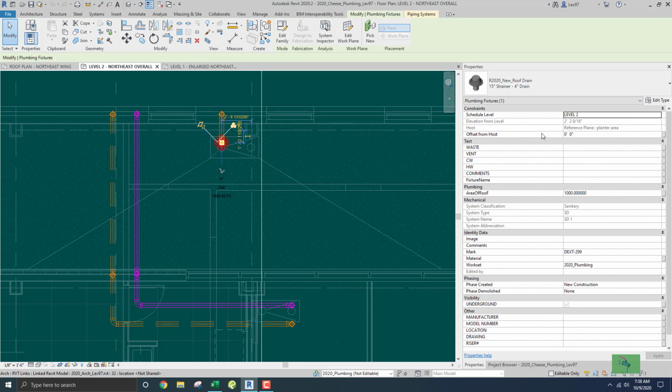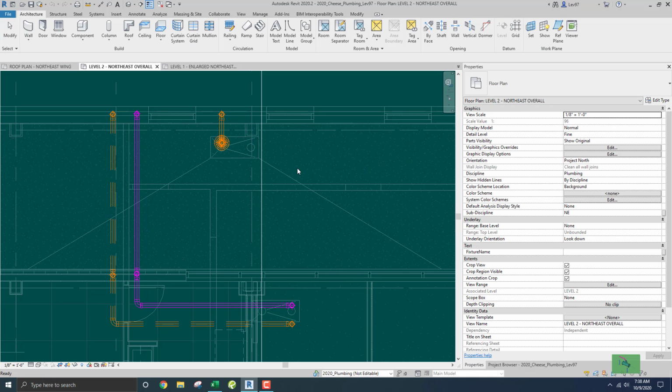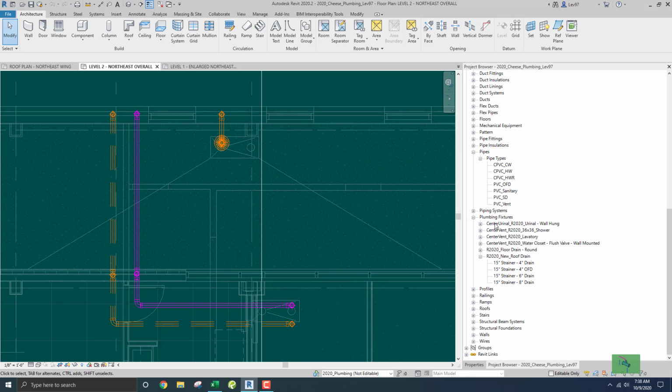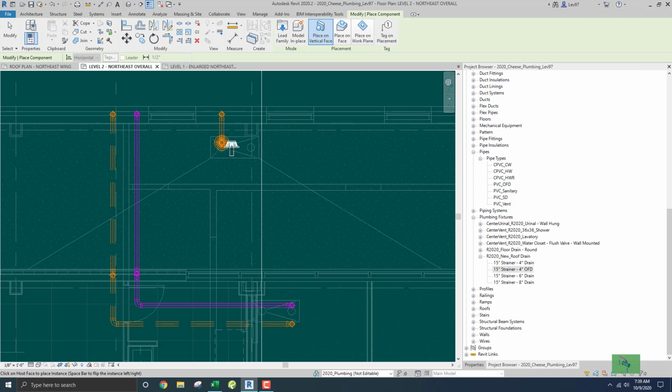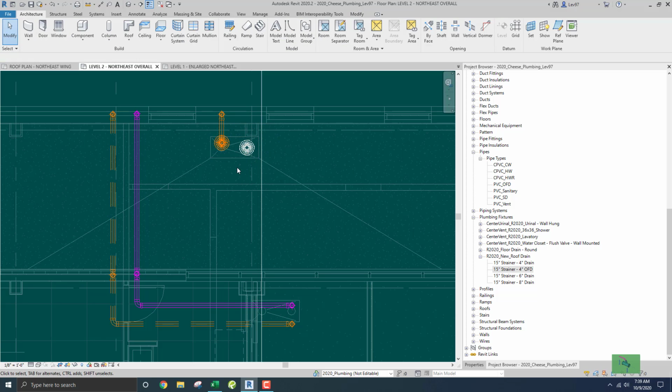Let's take a good look at that. That's the roof drain. So what I'm gonna need is my overflow. Let's get this guy, put it here, and I'm gonna need to put it on the correct work plane. I think I may need to, looks like there's a beam in there. I'm just gonna place it here. Okay,